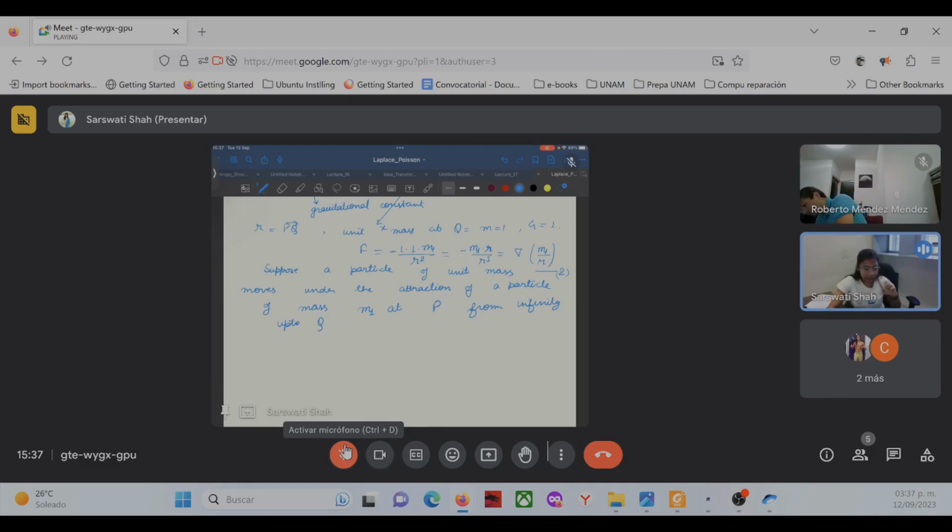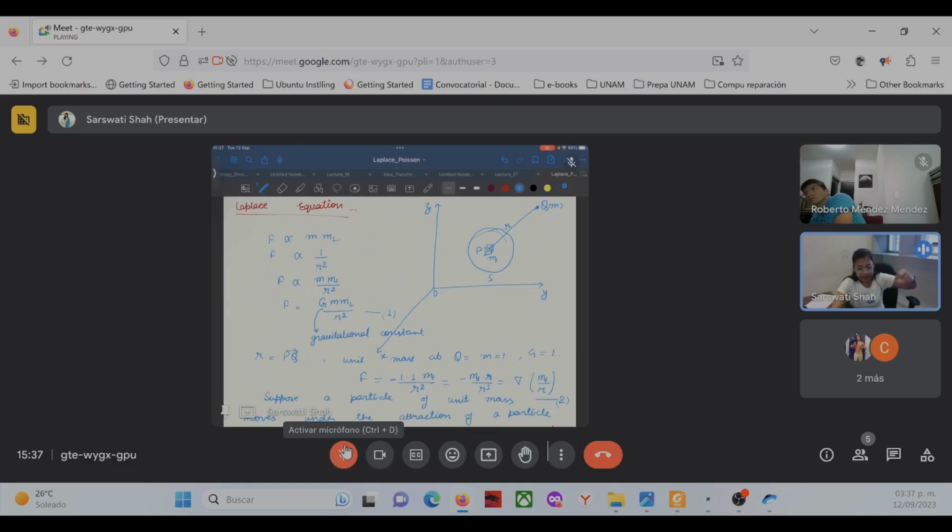The particle at P is attracting that particle from the infinite, and the attraction force is such that the gravitational force between those two particles is such that it is coming from the infinite and it stops here at point Q. How? The Earth rotates in the orbit of the Sun. So this is basically the thing. The Earth starts from the infinite and then reaches the orbit of the Sun